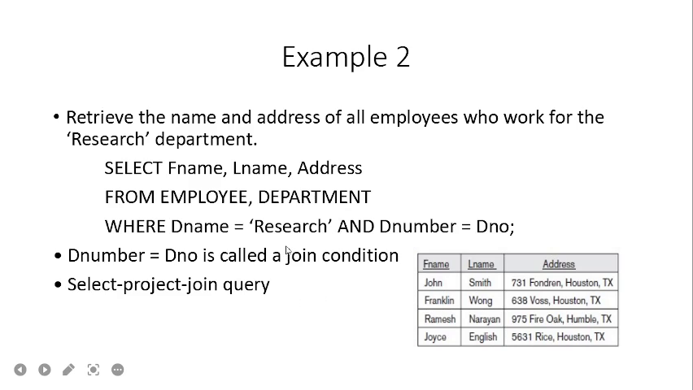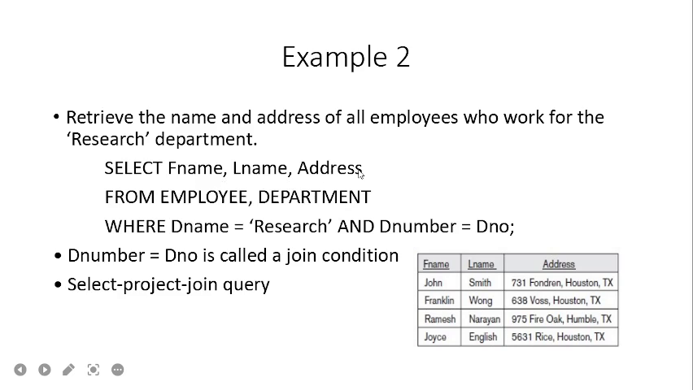This is how you can retrieve the name and address of all employees who work for the research department. The condition is D name is equal to research and D number equal to DNO. This DNO is from the employee table and D number is from the department table. So when they are equal, you again search for D name is equal to research, and there you can select